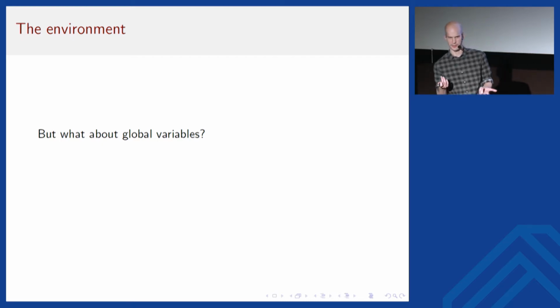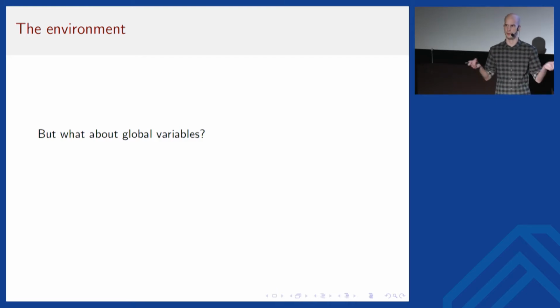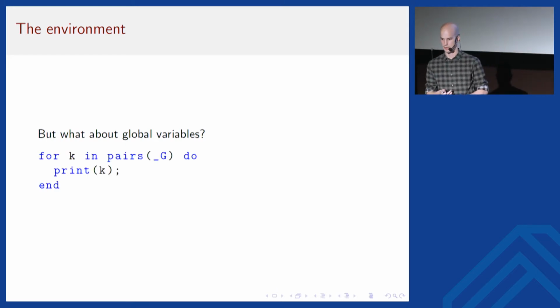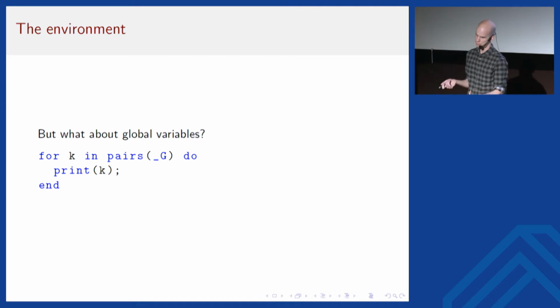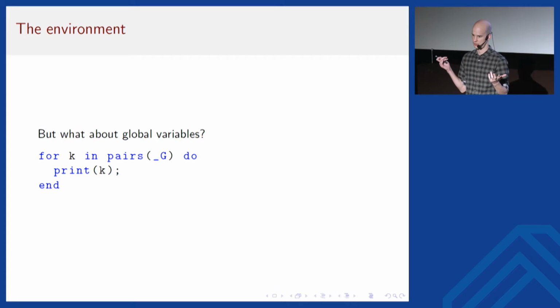But what about global variables, right? So, okay, I can perform reflection on the fields of a table, but how do I know which values are floating around in my program in the first place, right? Like all the global variables, can I iterate over them as well? And actually I can, because in Lua, global variables are just fields in a special table, which is called _G. So global variables are actually just syntactic sugar for a table lookup in this special table.